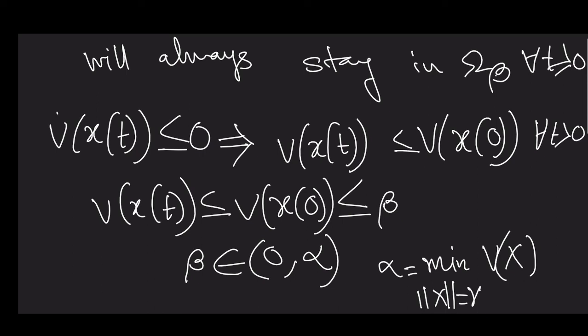Then you have a beta; you first find the minimum value of your energy function over the outer shell defined by that norm. Okay, what is R? Now here let me also define R. R is something that is